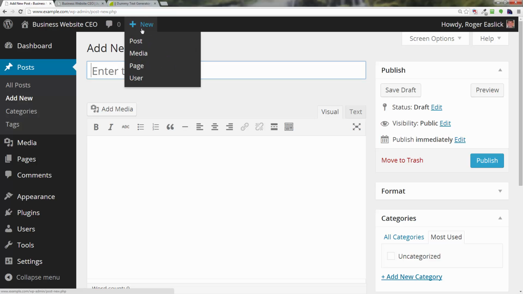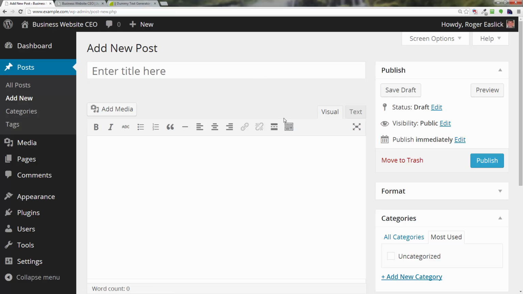We could also go anywhere where we are logged in as an admin and go up to this access panel at the top under New with the plus sign and click on Post, and that would get us to the same screen. So the first thing we're going to do here is add a title. So I'm going to just type in my first